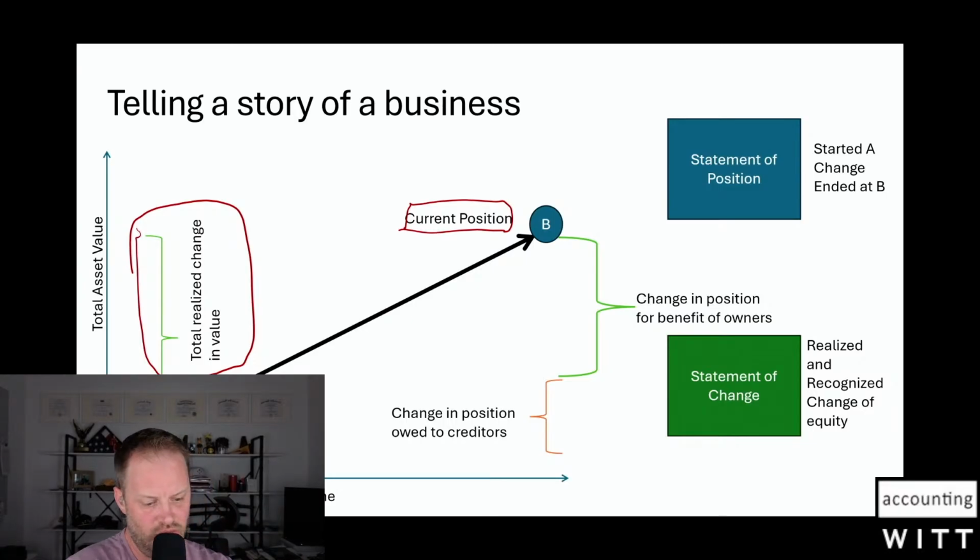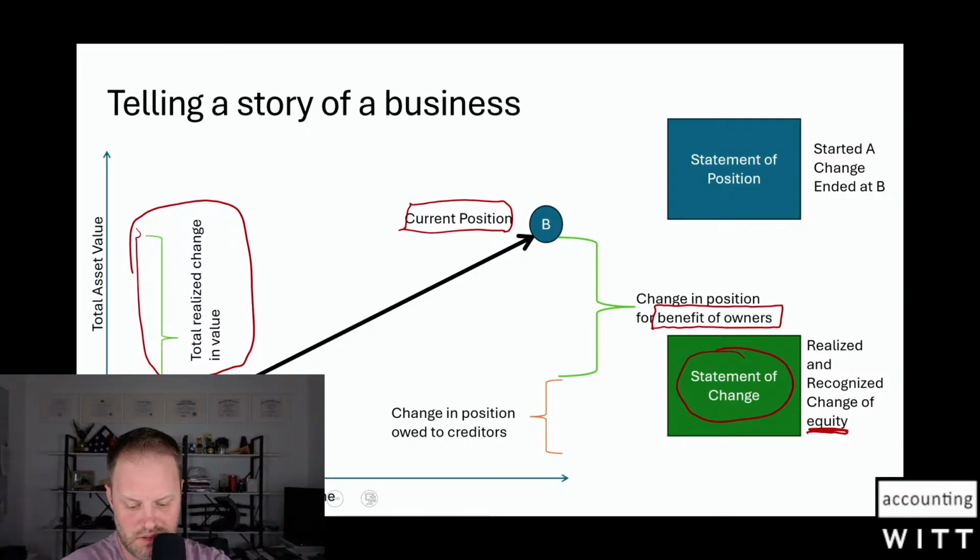And then we're going to tell you how much of that change in position is for the benefit of the owners. We'll call that the statement of change. So this is the realized and recognized change in equity. Equity being,